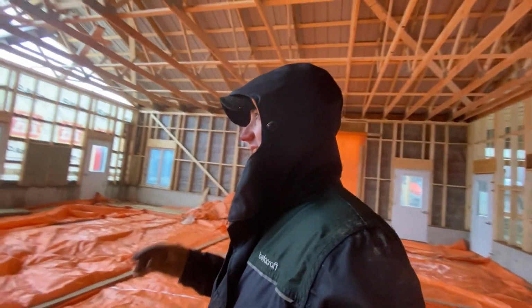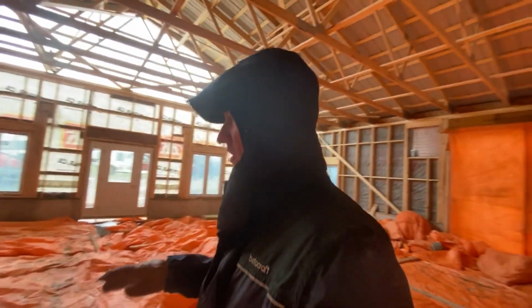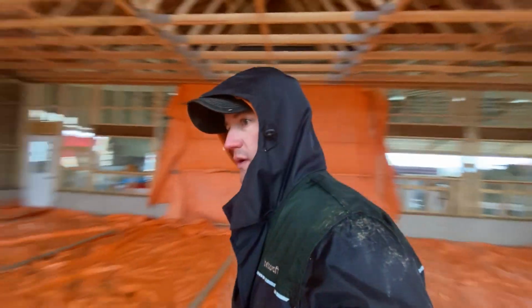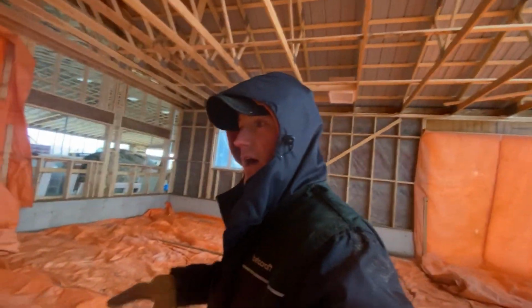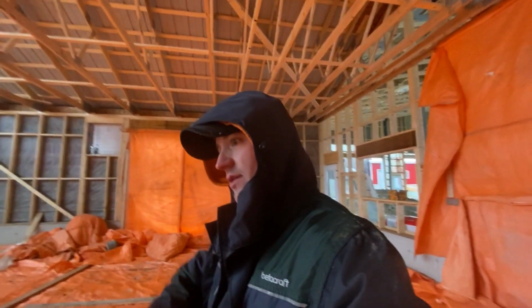The idea is to basically pull the frost out of here, which is what they've done. So under here, maybe I'll show you. Maybe I can sneak in here. Oh, there we go. See those lines? Basically what they've done is create a heated floor. There's a whole bunch of those lines running under there, and then they've covered it with